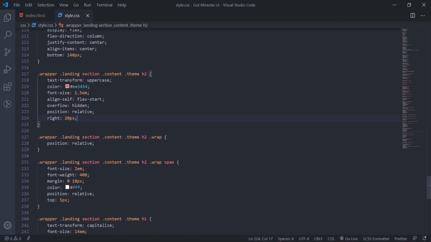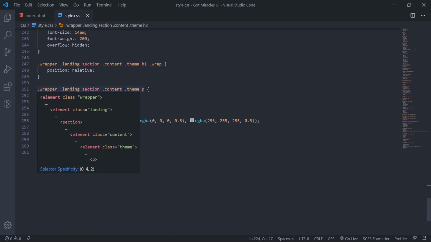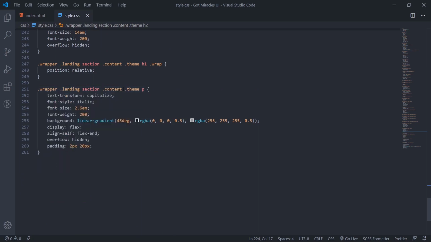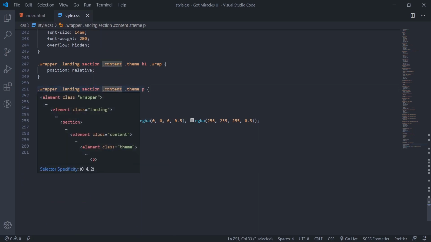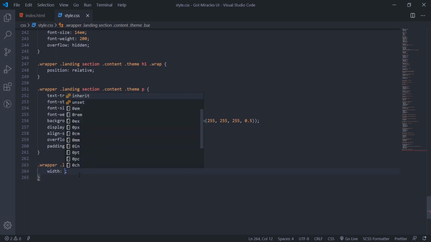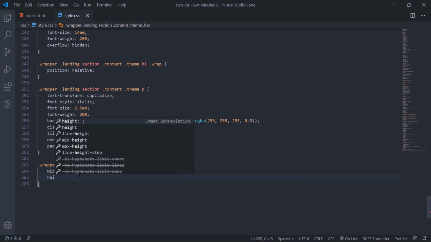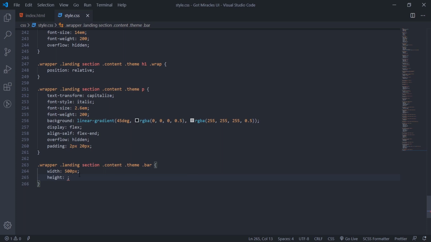So we'll add this bottom bar here now. We've already written the HTML, so we'll just put the style in. So I'll target the bar, say dot bar, then we'll set the width to 500 pixels. We set height to 5 pixels.